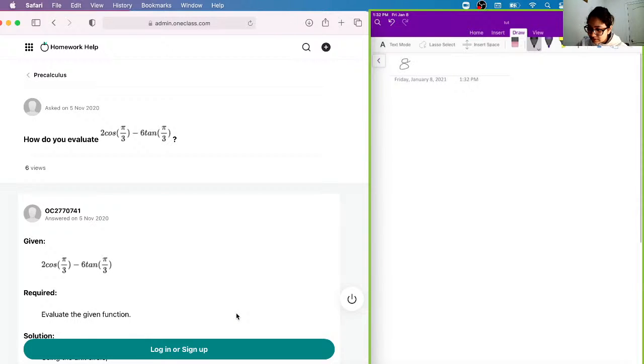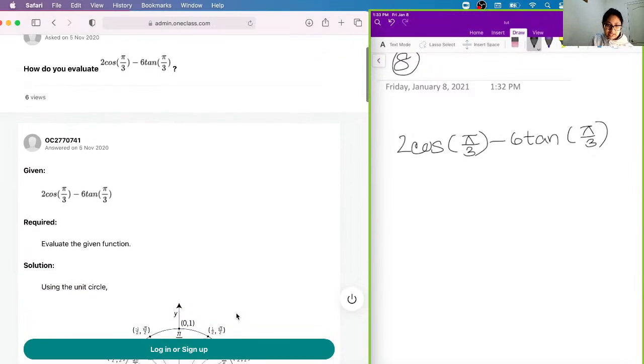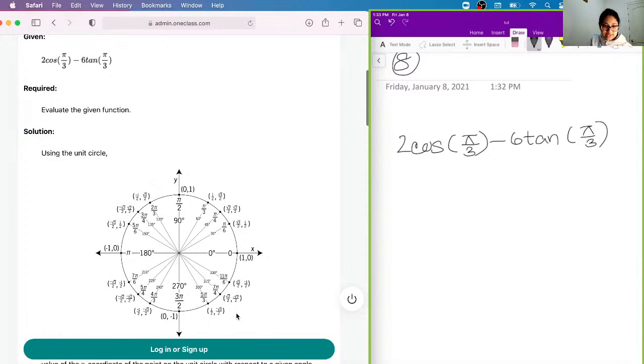The next question asks, how do you evaluate 2 cos of pi over 3 minus 6 tan of pi over 3? And so we're required to evaluate this expression. And so using the unit circle, as you see here,